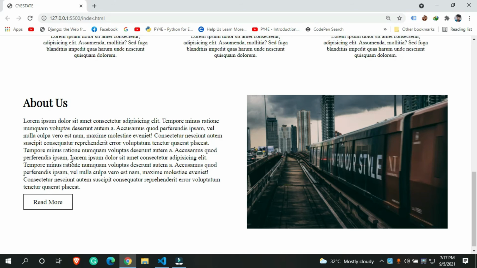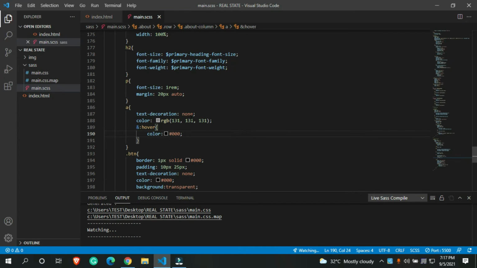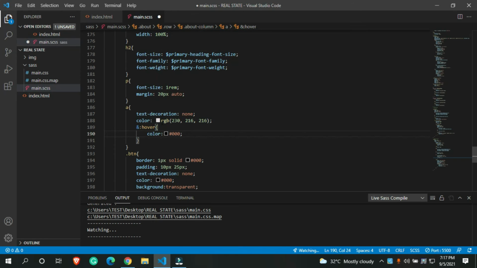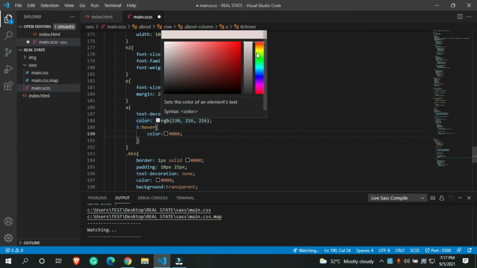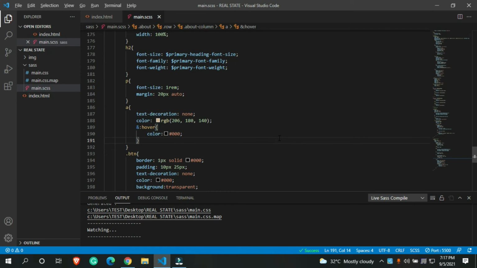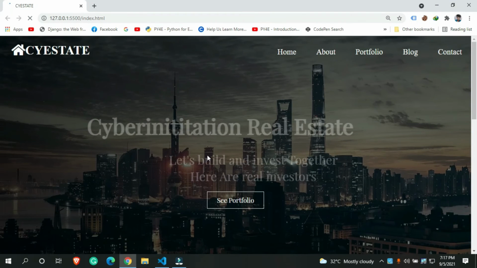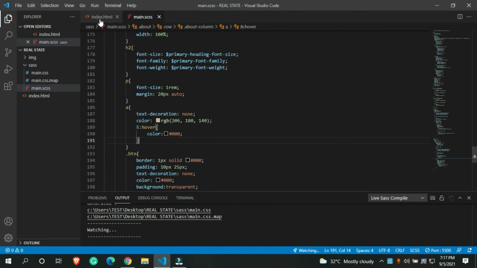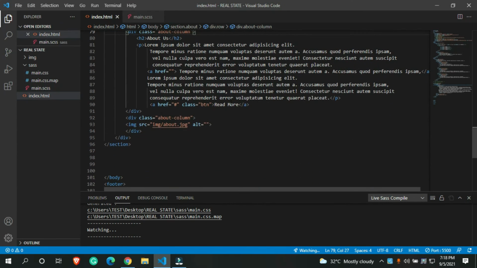Okay, yeah, that's good. And we can also change the color in a different way, like I wanted to change it a little bit differently, let's say this color. Okay, a little bit different, and yeah, that's it. So you can also do some experiments with it, and basically what I wanted to do inside it, I wanted to have some